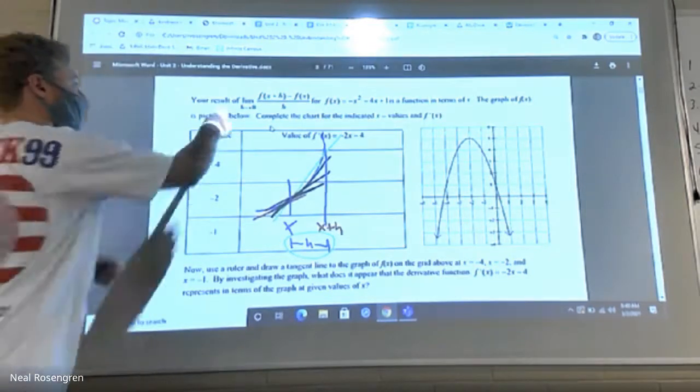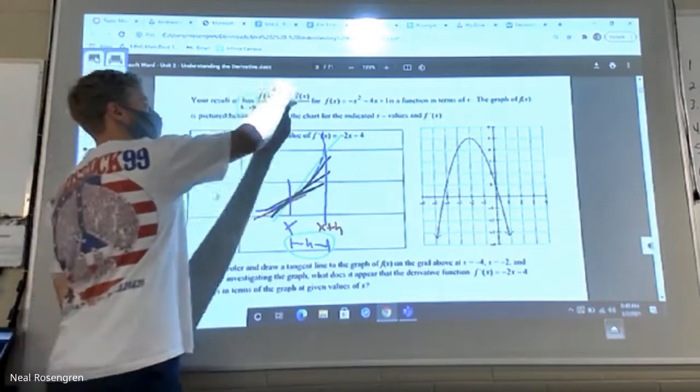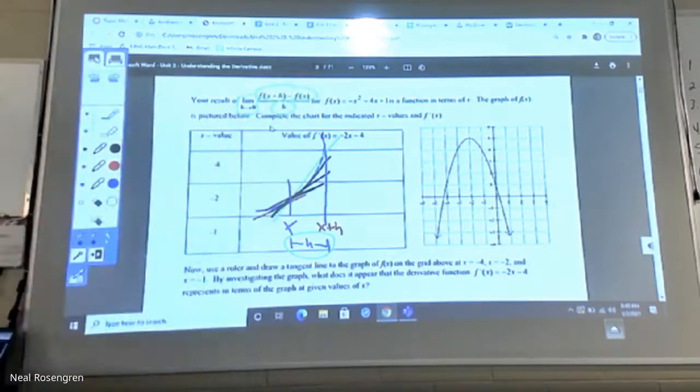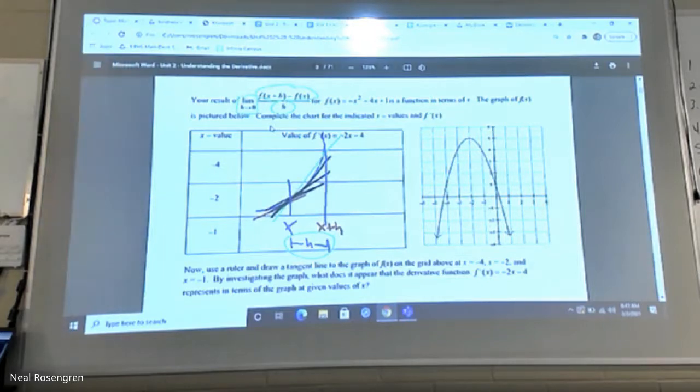Which is why our limits, the difference in the y values over the difference in the x values, just the slope, we're going to let h go to 0. We can't actually let it become 0 right away, right? Because we'd be dividing by 0 if we did that. But we know the limits don't really worry so much about what actually happens at 0. We're going to get so darn close, it's not going to make a difference.